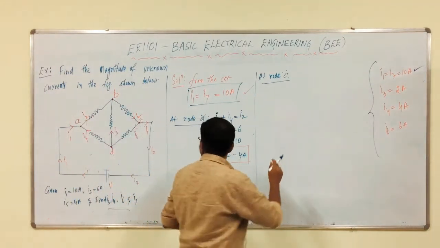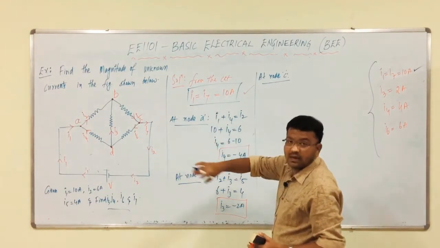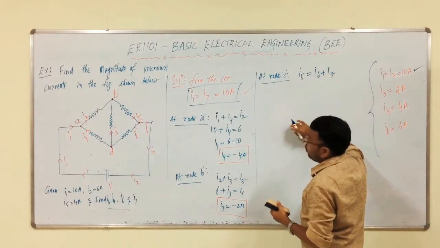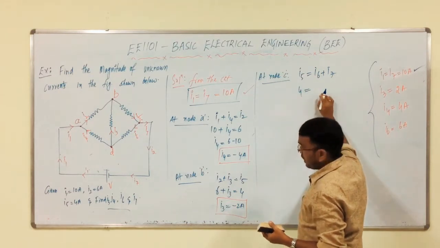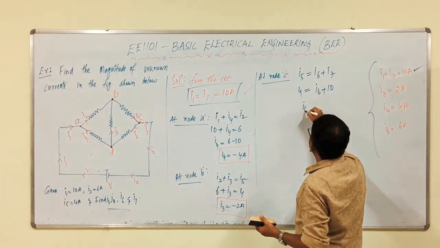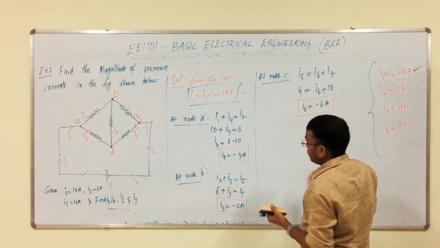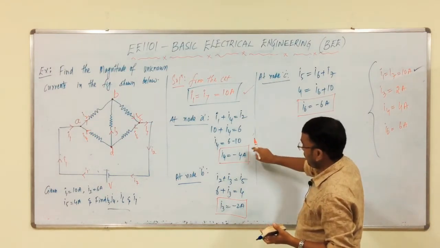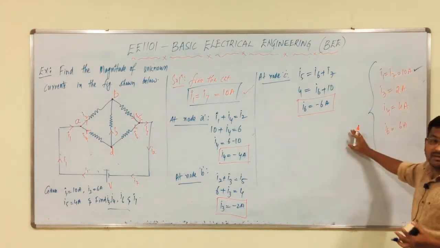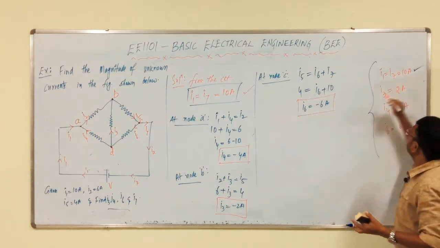Next, at node C, I5 is incoming and I6 plus I7 are outgoing. Given I5 is 4 amps, I6 we do not know and I7 we got 10. So, I6 equals what? Minus 6 amps. So, we have all values of current, no? I7, I3, I4, I6. Then we have to compare these values with the previously obtained values. So, I7 is 10 amps, I7 is 10 amps, satisfied.